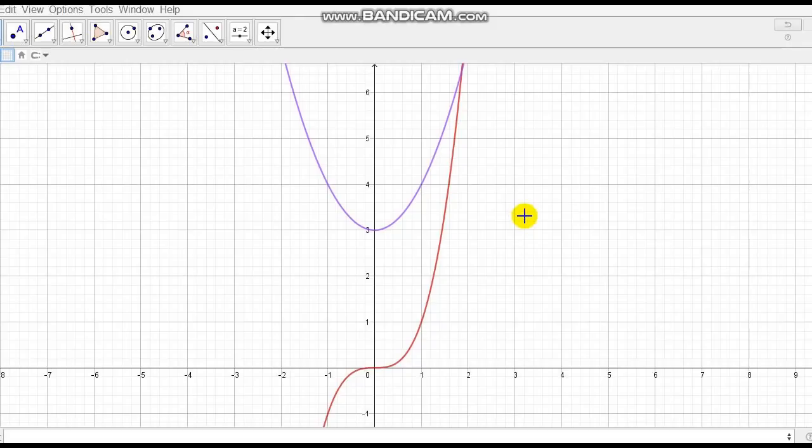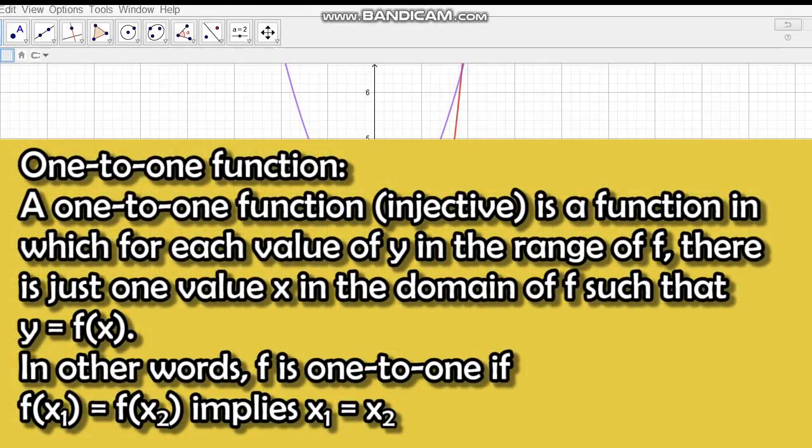Hey everyone, today we're going to discuss more about functions. We are going to classify functions whether they are one-to-one or onto. Now, a one-to-one function or an injective function is a function in which for each value of y in the